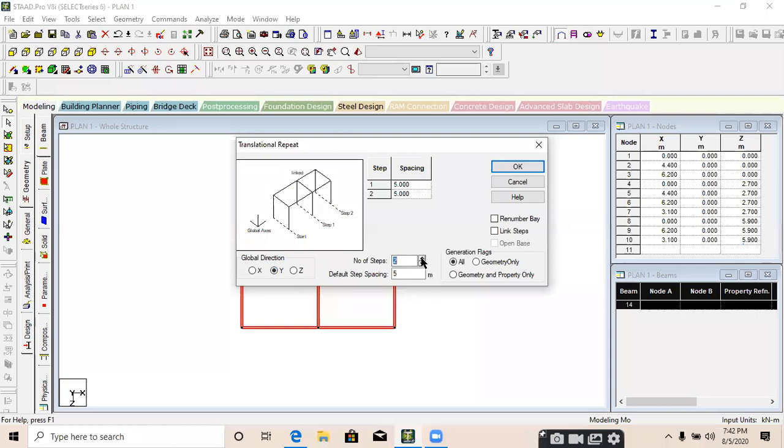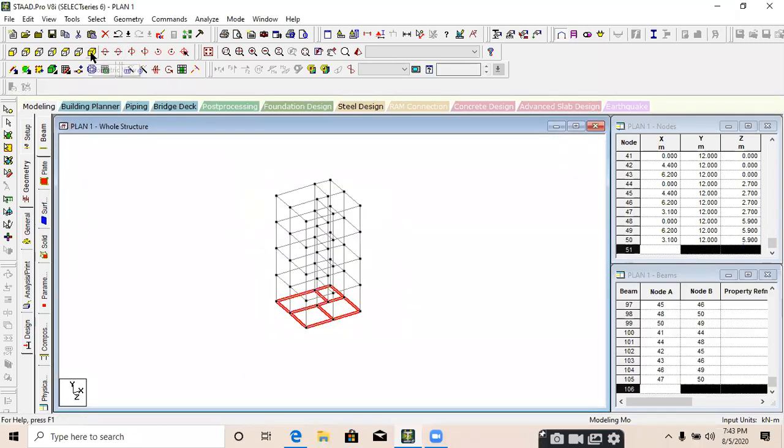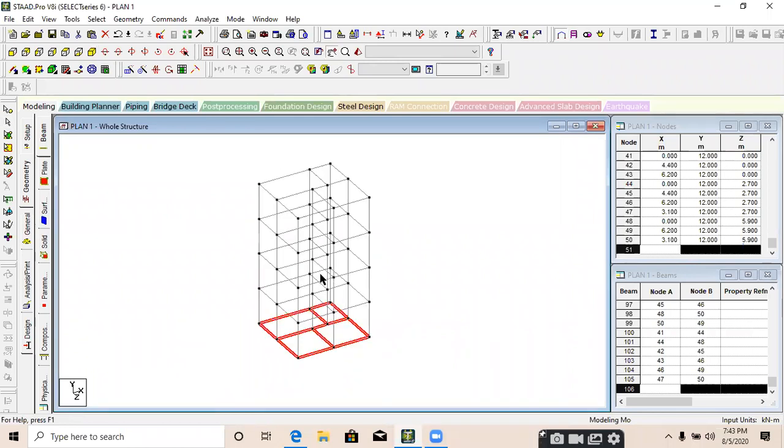Number of steps I am providing 4 because I want a 4 floor building. Default spacing I am providing 3 meter because I want each floor height to be 3 meter. Click on the link steps button and okay. When you go to the isometric view, you can see my building is ready.